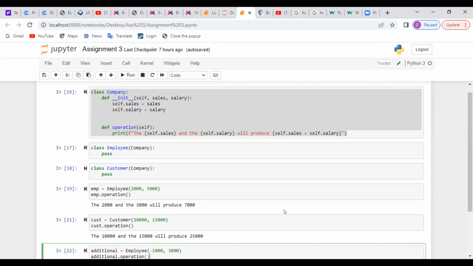Sorry, the question I have is, how did you inherit the class company from, because I didn't see anything like super or something like that. The super keyword is actually, I will not call it a magic keyword actually,